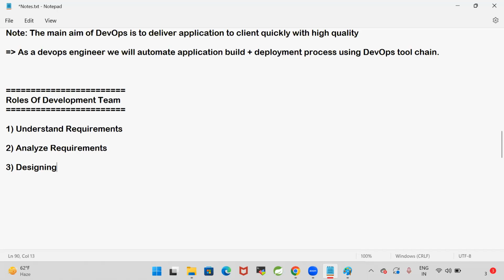So what is the architecture we need to follow? Do we need to develop it using monolith architecture? Or do we need to develop that using microservices architecture, like that? Developers are going to design the project and they are going to come up with development, right? Understanding the requirements, analyzing the requirements, designing, development, and the next one, they will perform